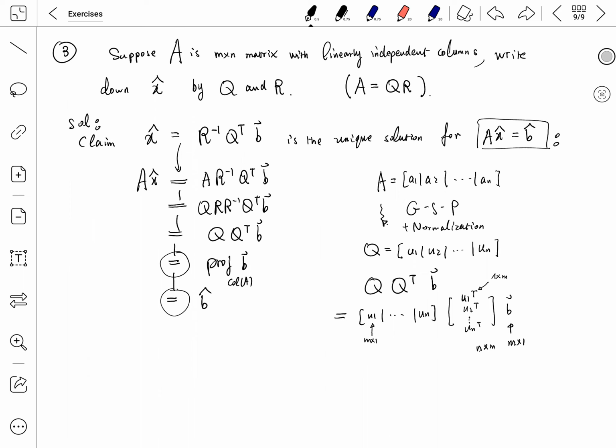Okay, but you think of this as one by one column vector. Think of this as n by 1 column vector, and then this multiplication could also be written as